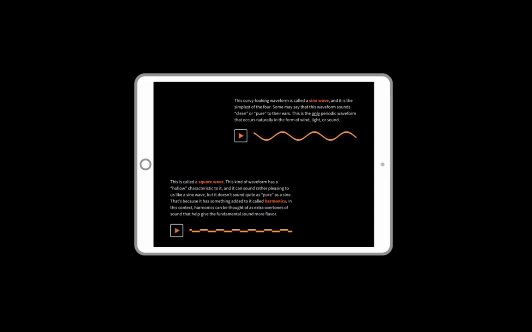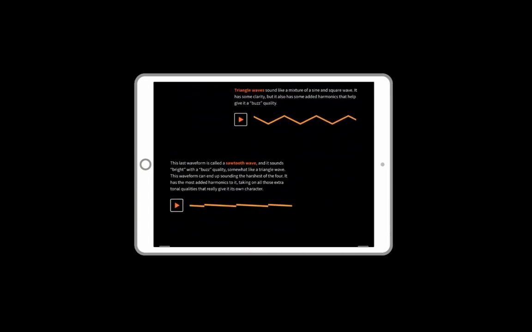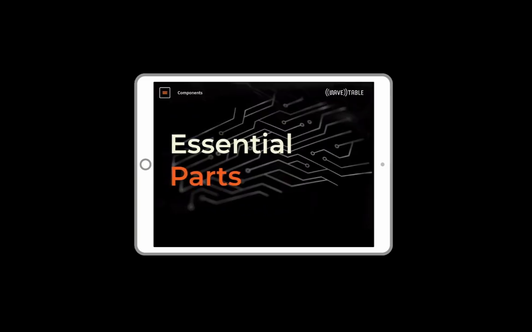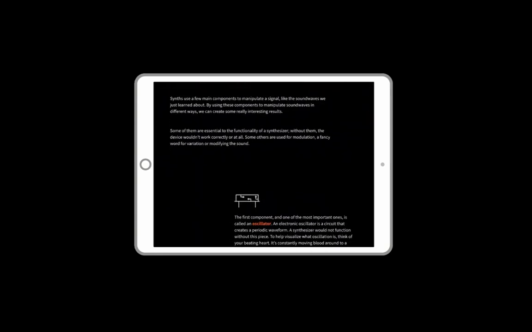And then there are audio examples of these sound waves, also created by me. This next screen is about parts, which is pretty much just diving into the hardware.